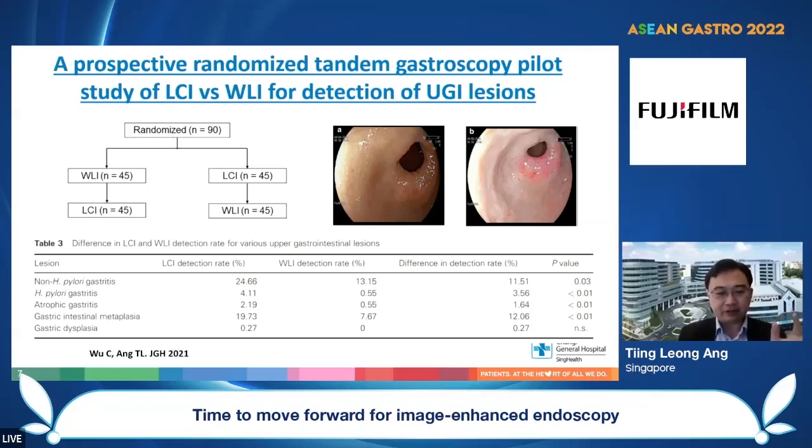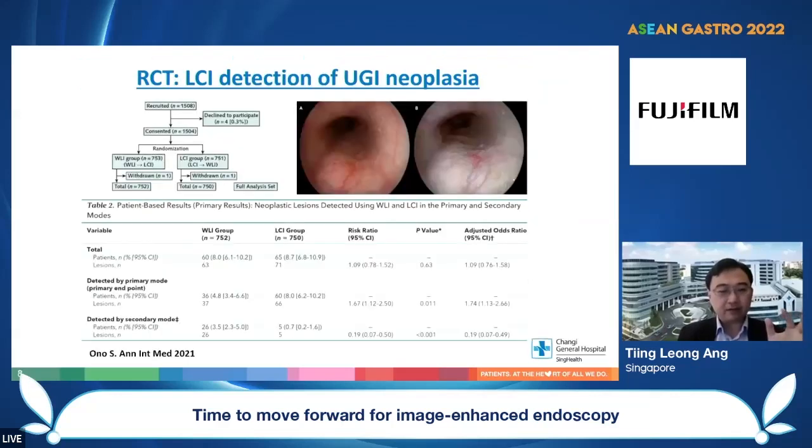It did not show any statistically significant difference. On the other hand, at about the same time,